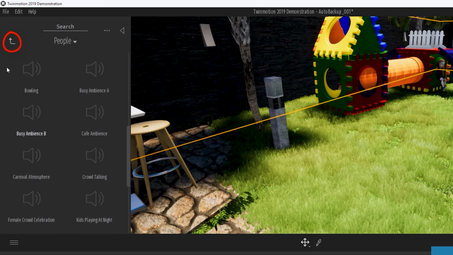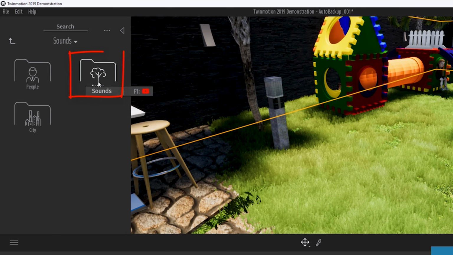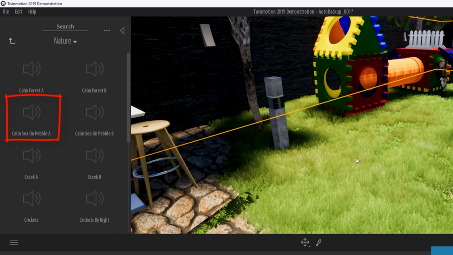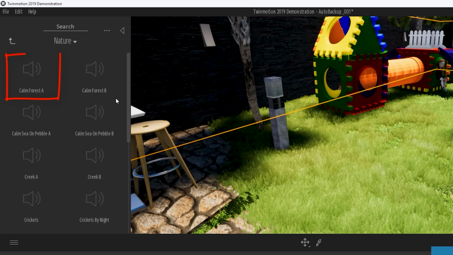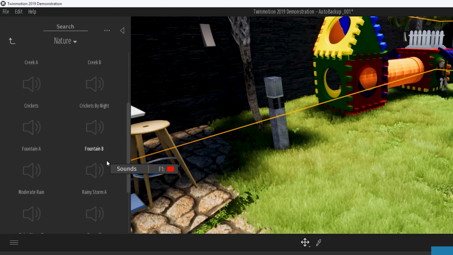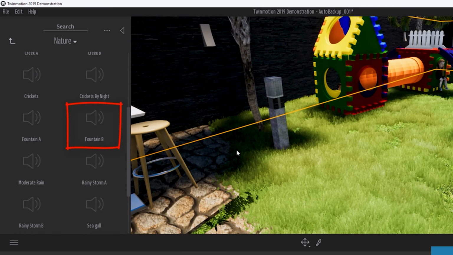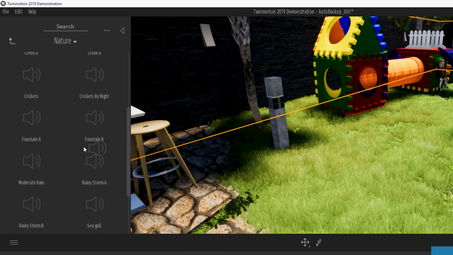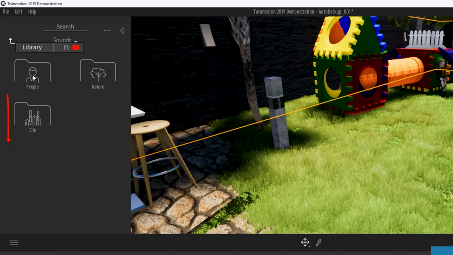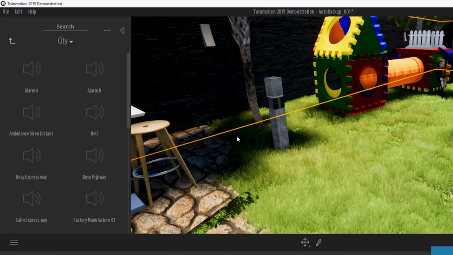And up in the nature folder, we have sounds like calm sea on pebbles, calm forest, fountain, rainy and storm, underwater sounds, and more. In the city folder, we have sounds like alarm,